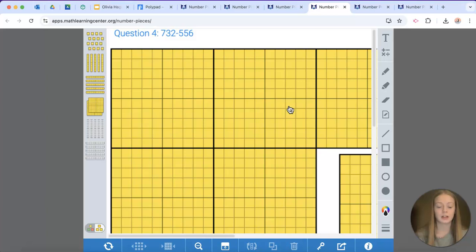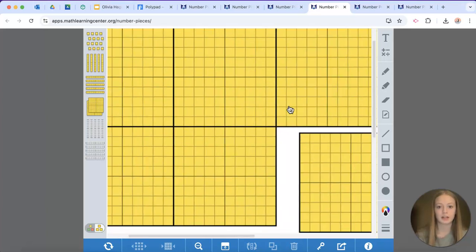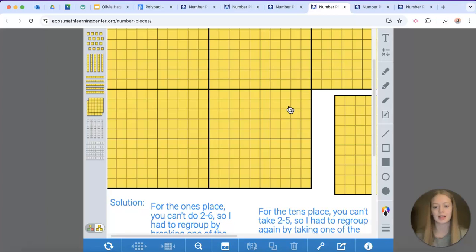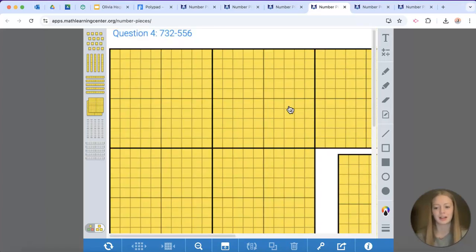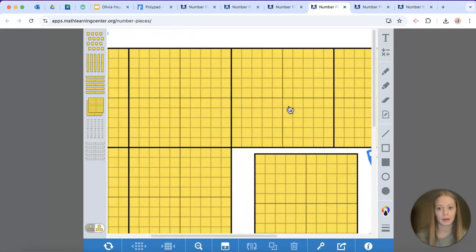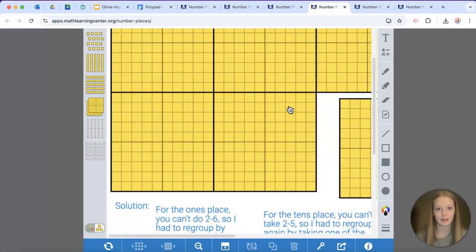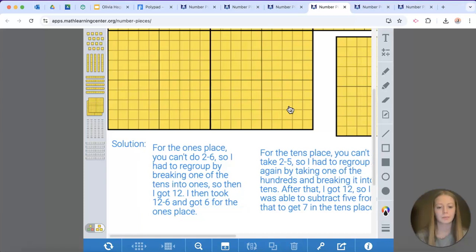Question 4, 732 minus 556. So I had to break this actually into 2 slides because it wasn't letting me put down a certain number of blocks, so that was kind of annoying, but I still liked how it visualized everything for me. So again, with the ones place, you can't do 2 minus 6, so you have to regroup. So I broke down one of the 10s into 1s,